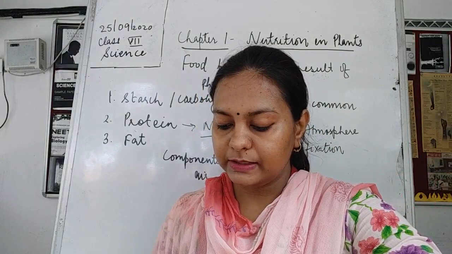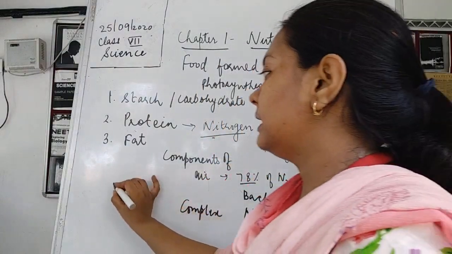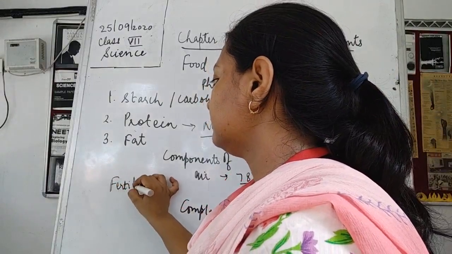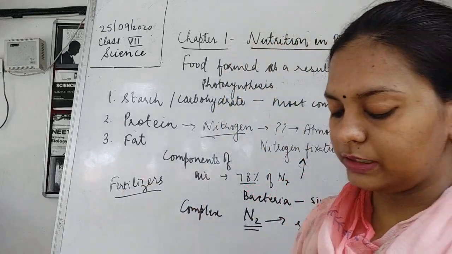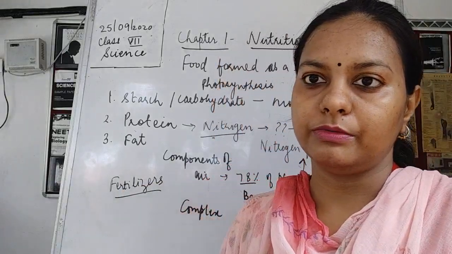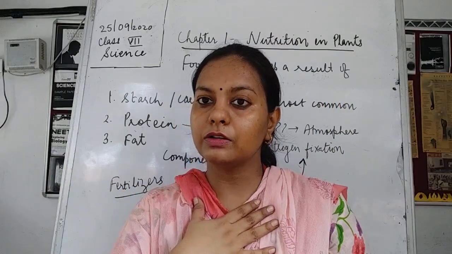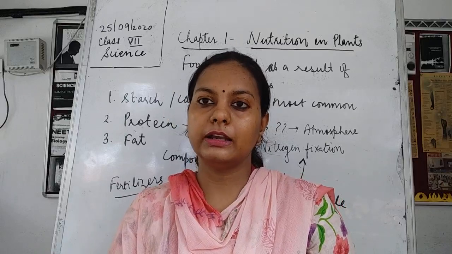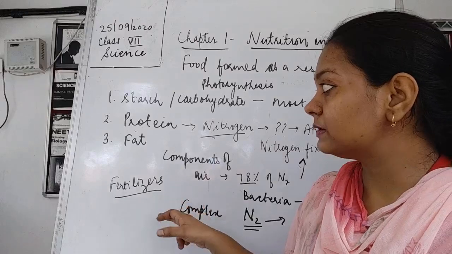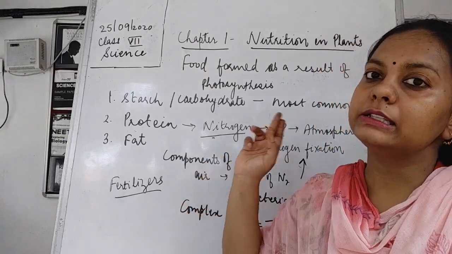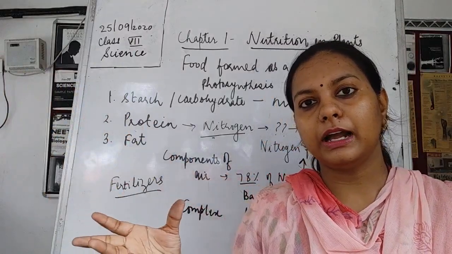Also, you might have seen farmers adding fertilizers. Now these fertilizers also contain nitrogen compounds. So this nitrogen is ultimately a very essential molecule for a plant, and for human beings also. Protein is known as a bodybuilding food. This protein is made with the help of nitrogen, and this nitrogen is present in the atmosphere, which cannot be easily utilized by the plants or by the animals.